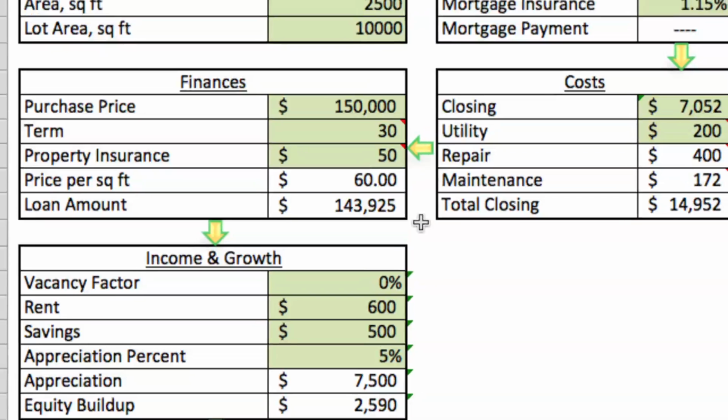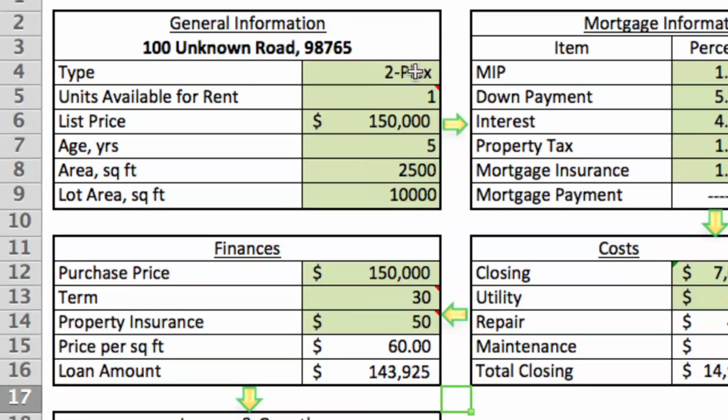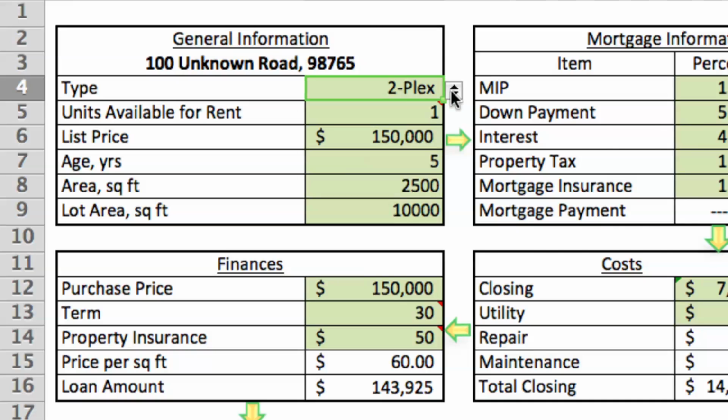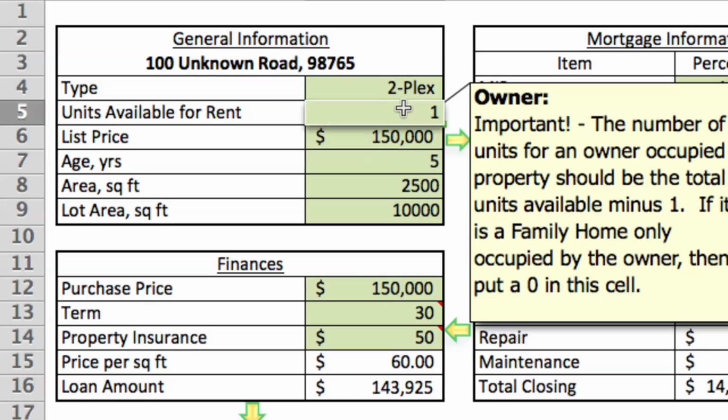Okay, let's go ahead and run a case. I want to run here another duplex. Now, remember, this is an owner-occupied case we're going to run here, meaning that it's owner-occupied. One unit of this duplex the owner will live in, while the other unit will be available for tenancy. So for units available for rent, that would actually be 1, not 2. List price, let's say it's a